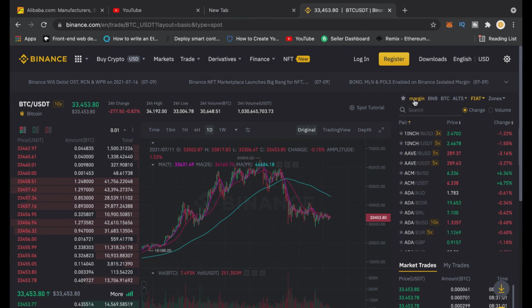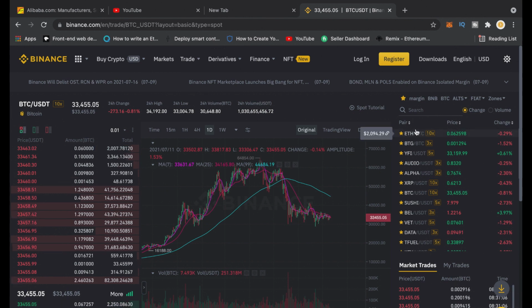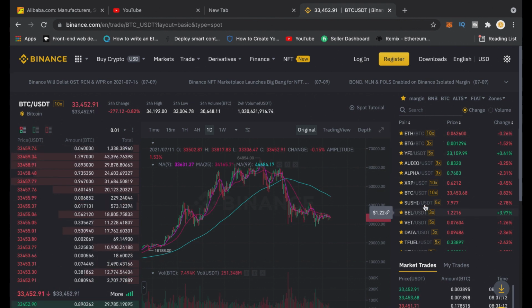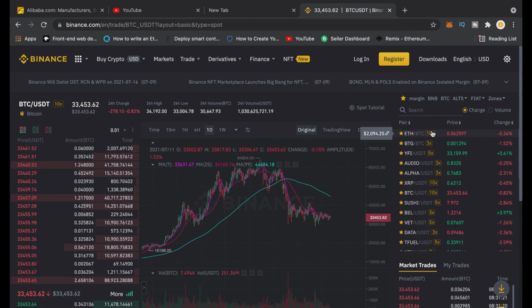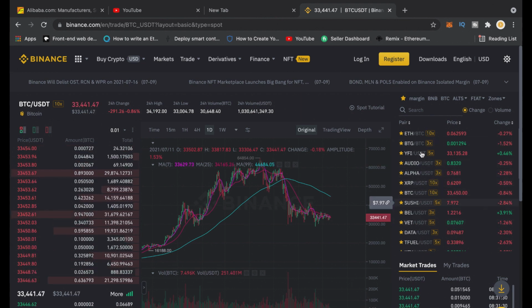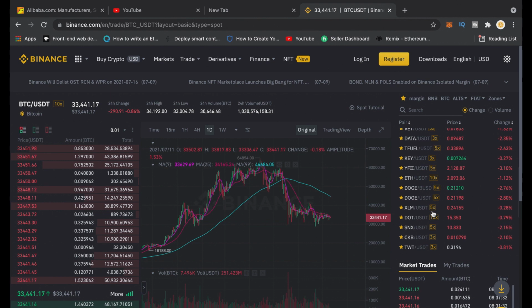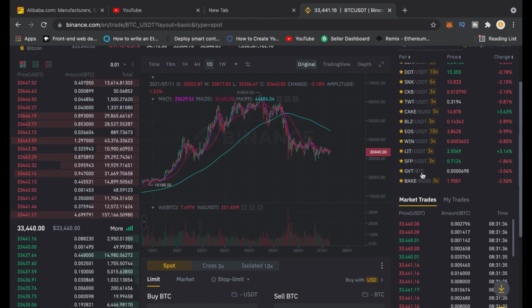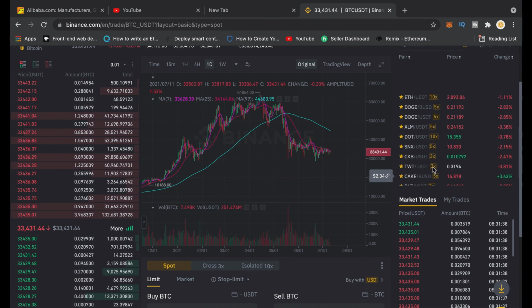So here, these are just pairs. If you have logged in already, there'll be a place for favorites. These are some of the coins that you favorited, like Ethereum, some of the pairs that you've added as your favorite pairs. You want them to always be at the top. If you first click on this, this is what it brings out, and you see that most coins have done well. You see 10x, 3x, 5x, 3x, 3x, 3x. Almost every coin has doubled since the bull run started or stuff like that. Okay, so